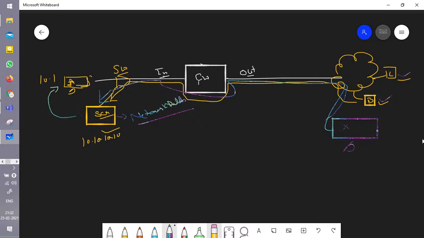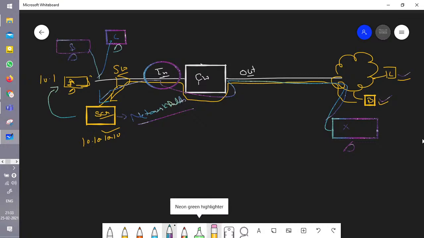If you put this server in your inside zone, then he would be able to access your internal users as well. Am I correct? If you put this server in your inside zone, it means he would also get access to your other users like A, B and C. Yes, correct. So in those kinds of situations, what we can do is, for the servers which are publicly exposed,